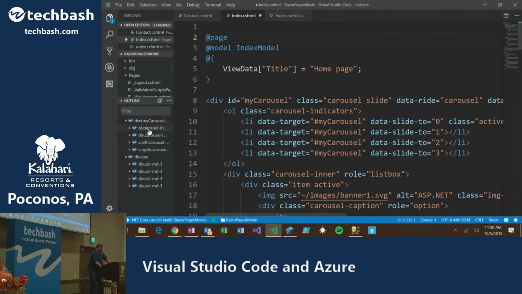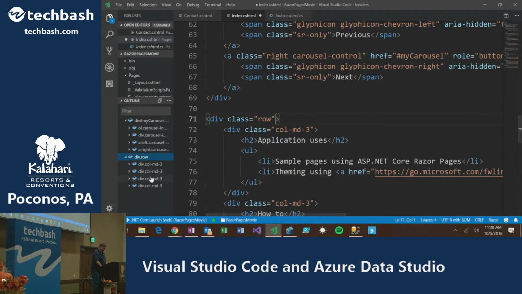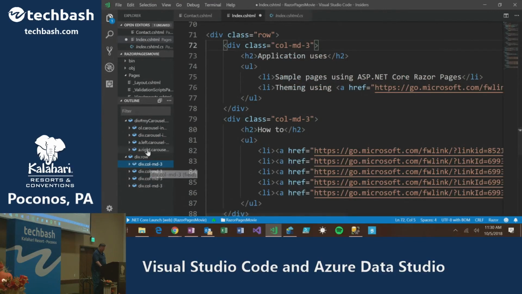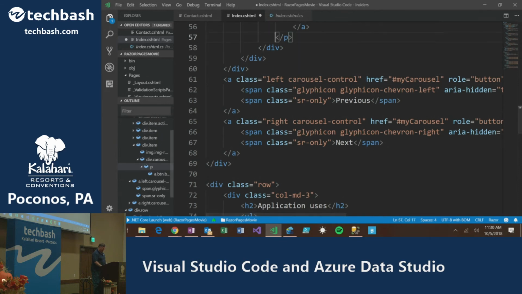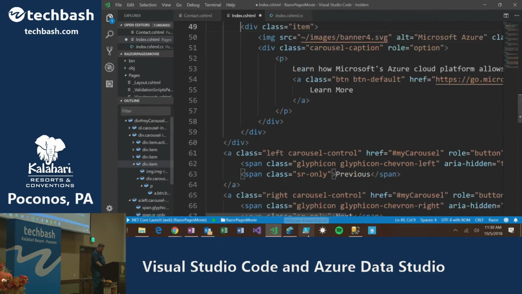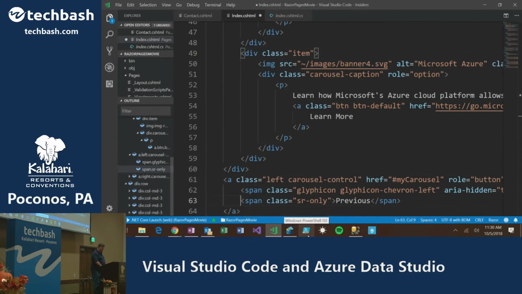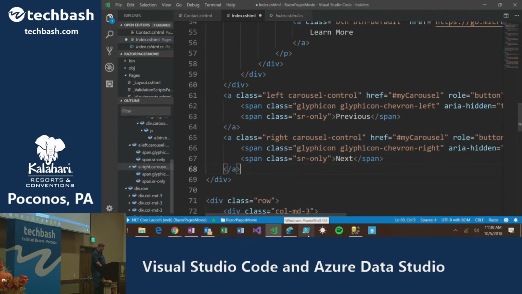Okay. Outline View is interesting, because watch what happens. As I move around the outline, it jumps around my code. And as I go up and down here, depending on your settings, you click your settings. If you say follow cursor, this is sort of interesting. As I go up and down, it actually follows my HTML outline, which if you're working on a really big page, that could get handy.